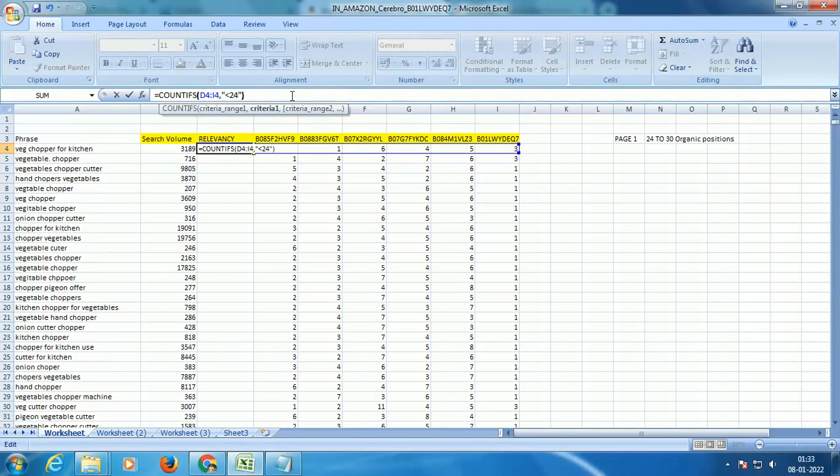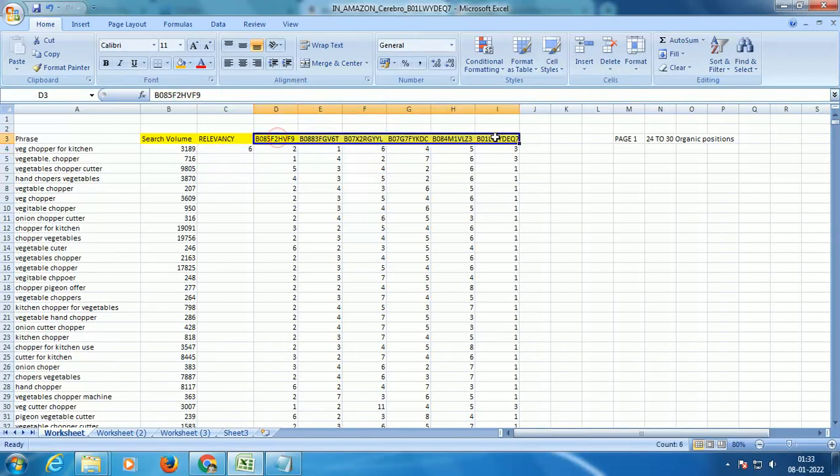You see, this formula is telling us that while we check these 6 competitors, all 6 of them are under 24, as in all of them are ranked on page 1. Since all of them are ranked on page 1, their visibility is high. They are getting almost 3189 searches every single month.